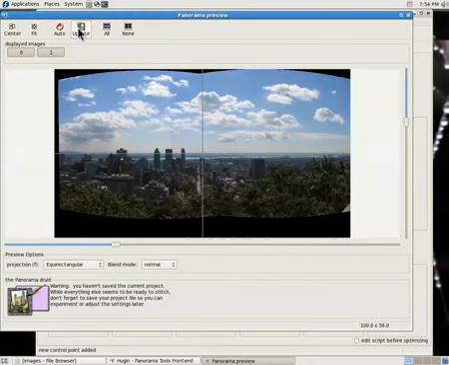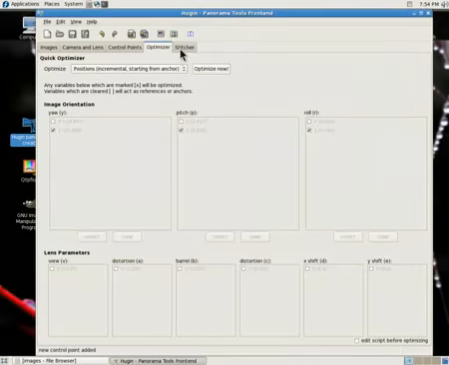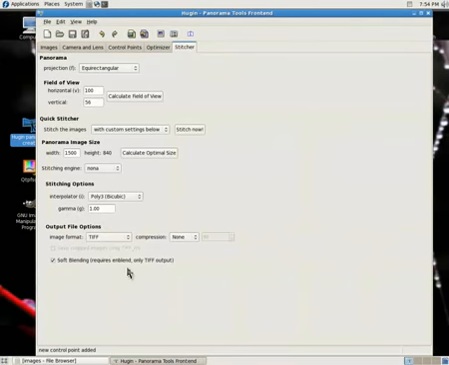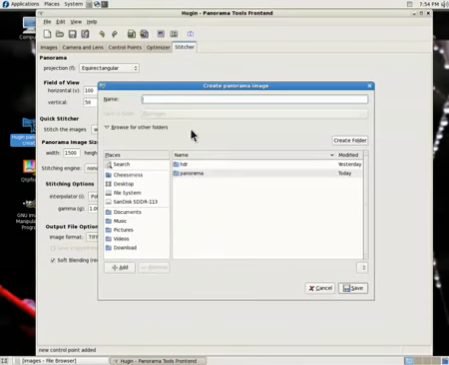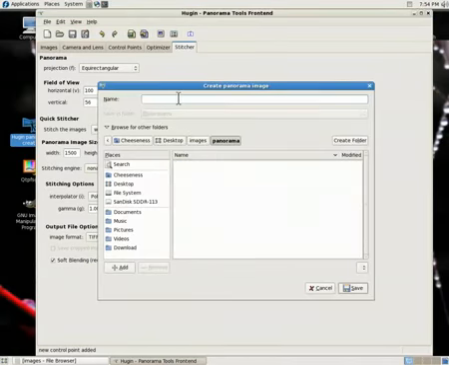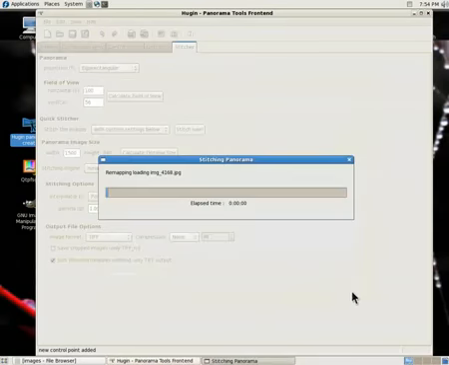The other thing that we notice here is that there's a very definite, very visible seam there that we're going to want to get rid of. So when we go back over to the stitcher tab, see down the bottom here that we've chosen TIFF as the image format, and we've enabled soft blending, and what that soft blending does is gets rid of that seam. So we'll give it a name, click save, go make ourselves a sandwich,